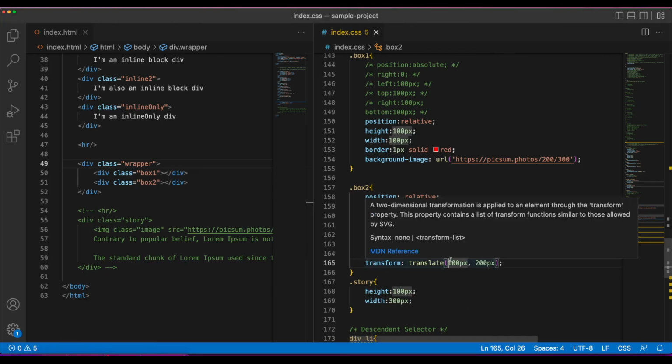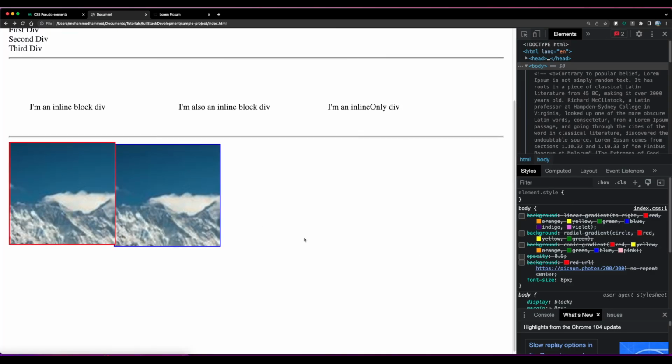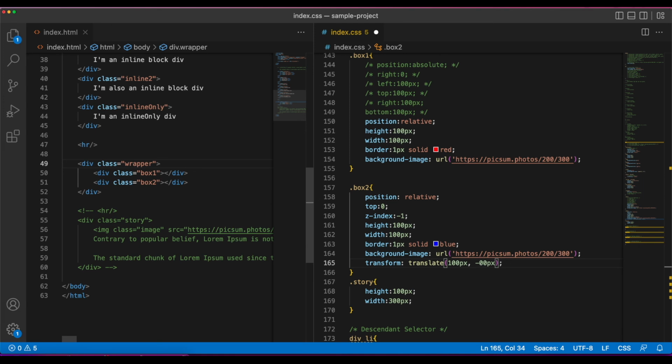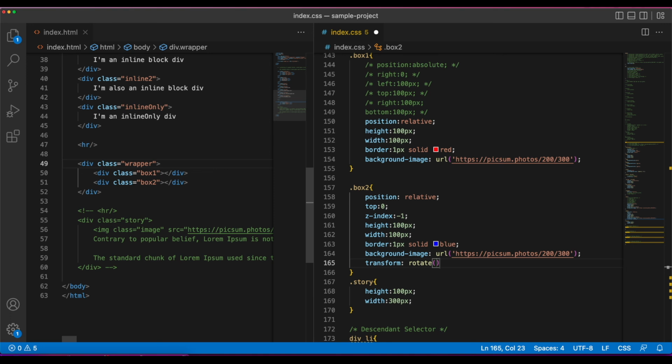If you do minus, it will do it the other way around. Let me give it minus 100 instead, so it should move up a bit, and it has. So that's basically translate. You can do rotate. Actually, let's keep this. I'm getting in the habit of just deleting everything I write these days. We'll keep it as minus 100, we said, and then